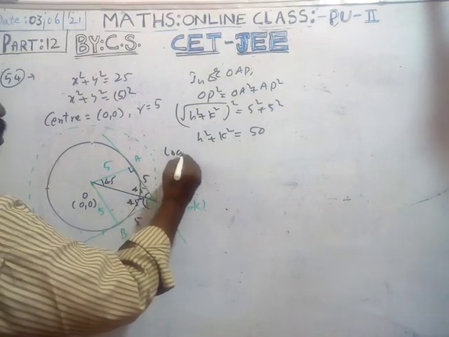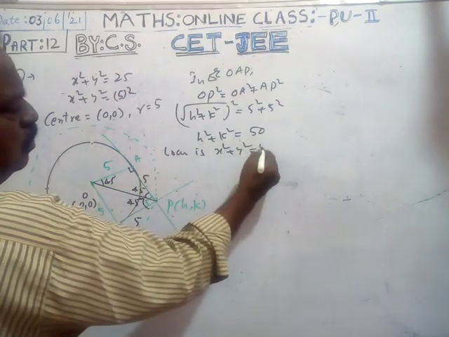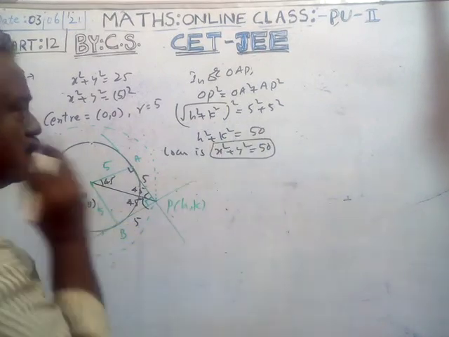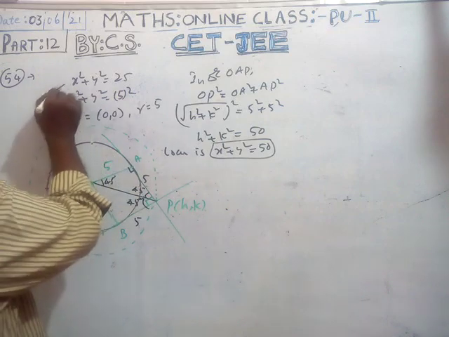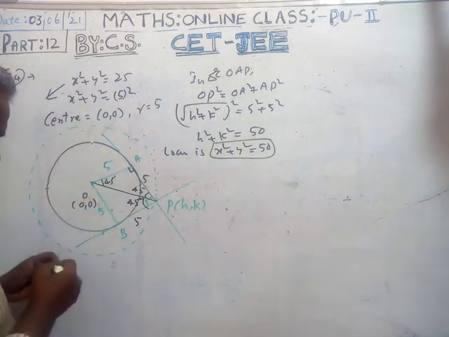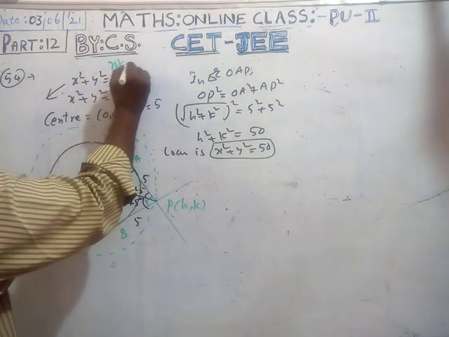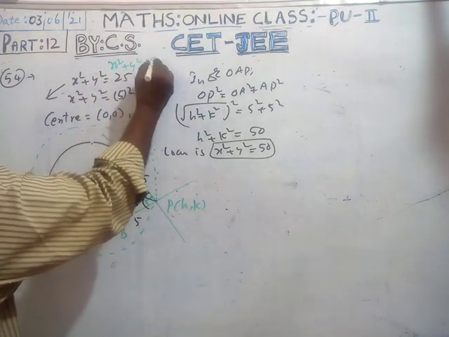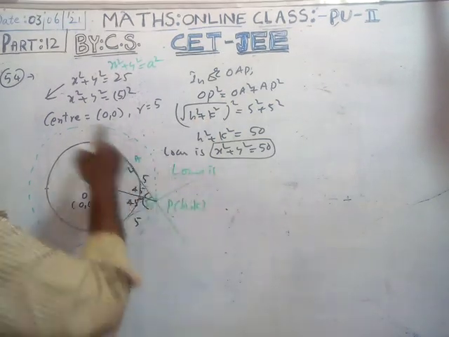Then the locus is x square plus y square is equal to 50. Actually, for generalization, suppose we write it generally as x square plus y square is equal to a square. Then the locus is...